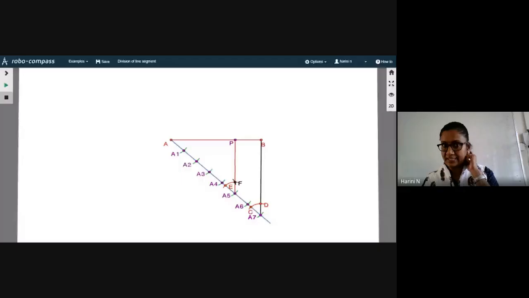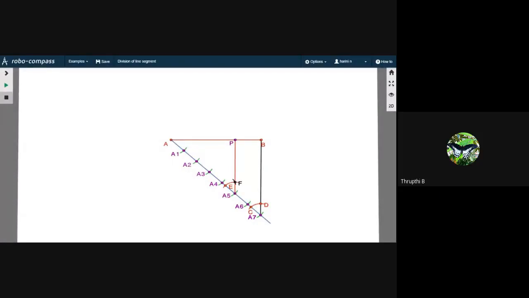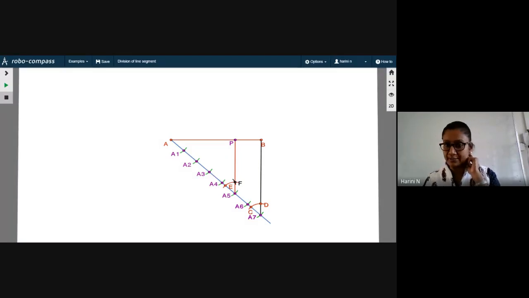I'm still waiting. I'm giving you another 1 minute to keep all your materials ready so that you can do the construction along with me very easily. So I'll go and share my screen now. Can you see the RoboCompass app on your screens now? Yes, ma'am. Okay. So this will be the final output of your construction. This is what exactly you're going to do. So we will start with step 1. Should I wait for a while more? Yeah, can we start?